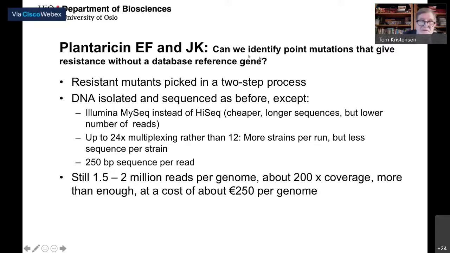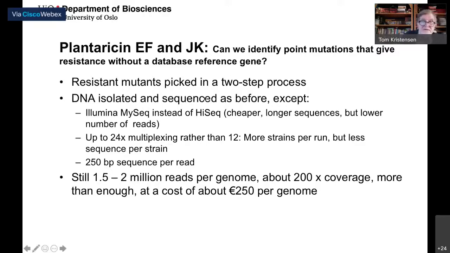It's a genome here and not a gene, which means that we would then have to assemble for ourselves the complete genome of the sensitive strain and use that assembly to identify mutations which could make the cell resistant to the bacteriocin. So we picked resistant mutants in the same way